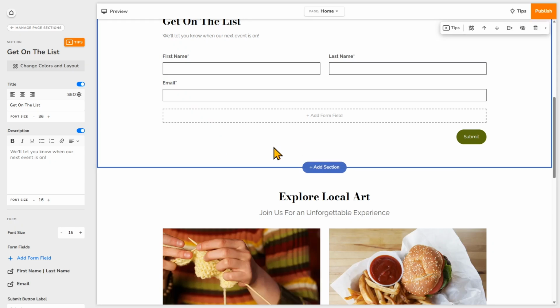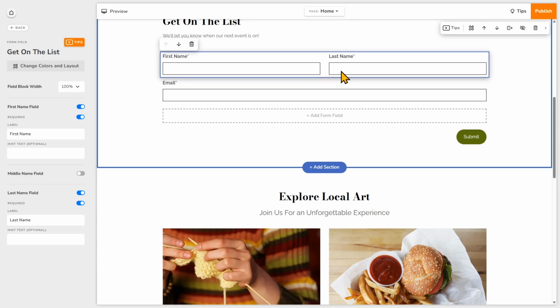And to make it even simpler, you may want to only collect the first name. That's a choice depending on what you need for your contact form. If I want to toggle that off for this name field, I'll just click on that field and then toggle it off. Right now, both the first name and the email are necessary for the form. I've made that required with the toggle right here. You want to make sure that you only make the fields that are necessary with the required toggle on.